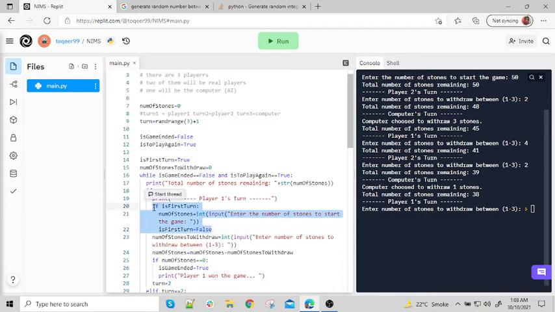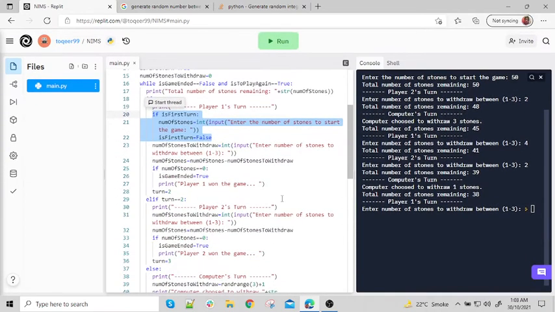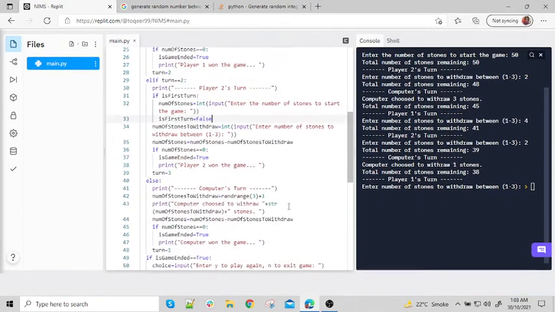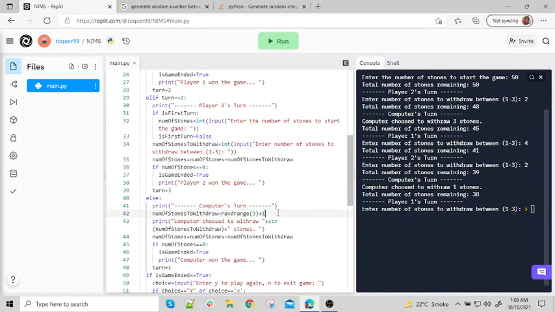The same thing needs to be done for the second player, who will enter the number of stones, and the same with the third player.